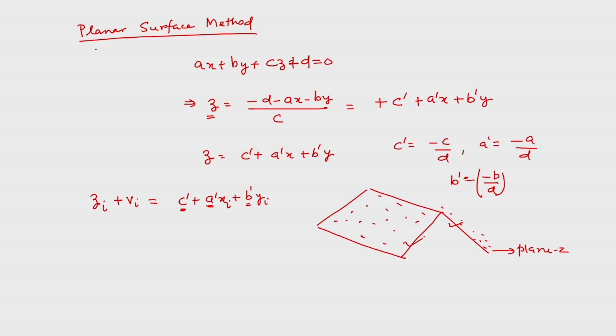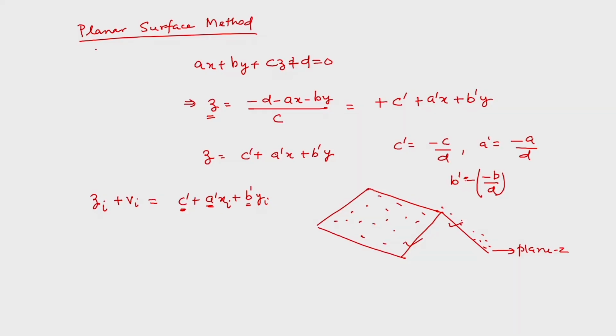Now, if I intersect two fitted planes, I can reconstruct a building, and experimentally it is proven that using the least squares method, we can also detect the edges of the buildings very efficiently, which originally we cannot extract from the given LIDAR data, because LIDAR data may be here and it could be here also. If I fit these lines or the planes, I can extract these edges very nicely. So this is the approach of the planar surface method.